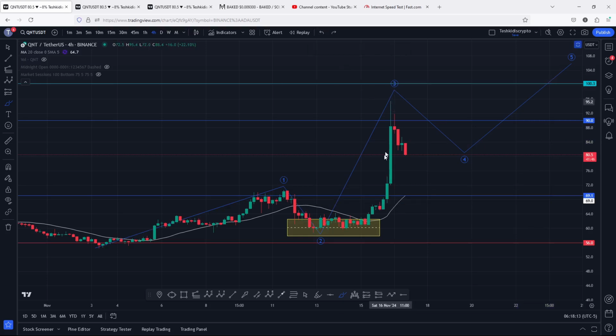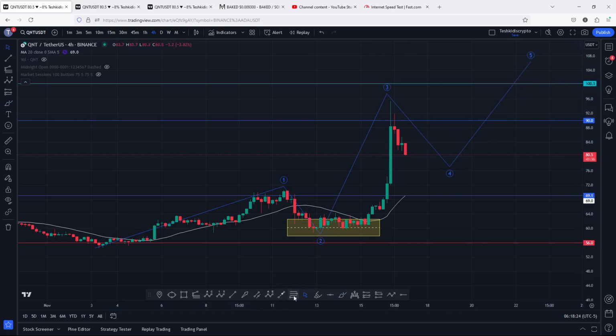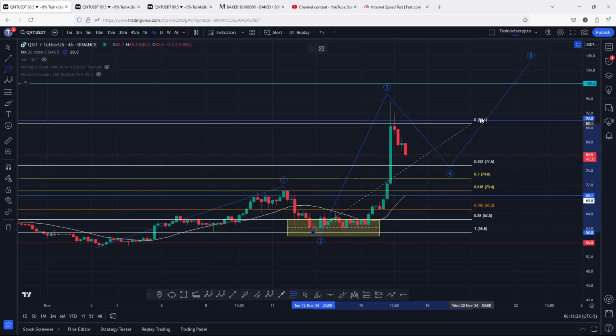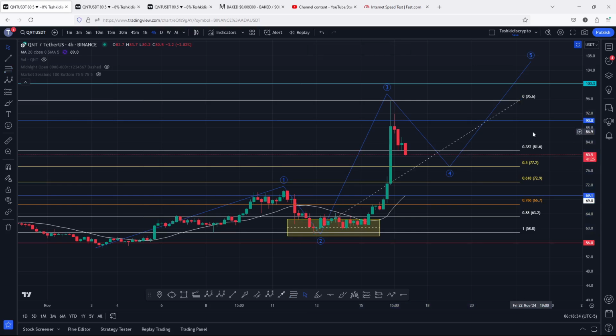But you can all see that there are high chances that we have now peaked in the wave 3 above the $95.5, and whatever is playing out at the moment is a short-term corrective structure in a wave 4, whose minimum target areas can be given by connecting the Fibonacci from the low of the first wave to the high of the wave 3, giving me a minimum pullback target area for the fourth wave between the fib level 0.382 and the fib level 0.5, and that is between the $81.6